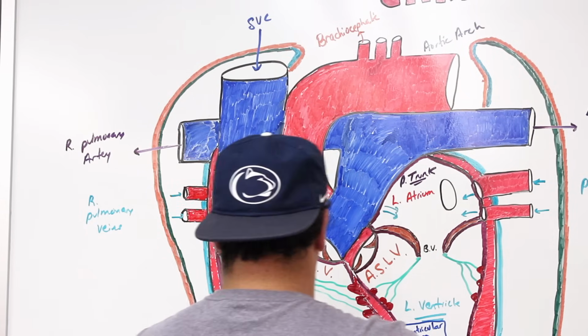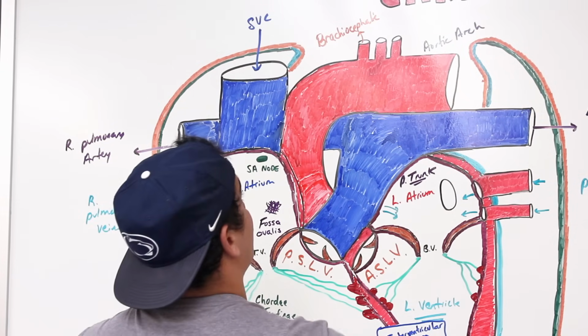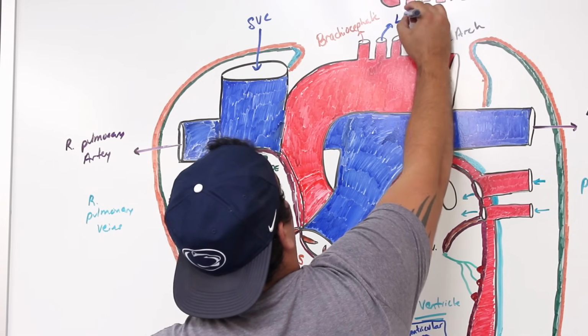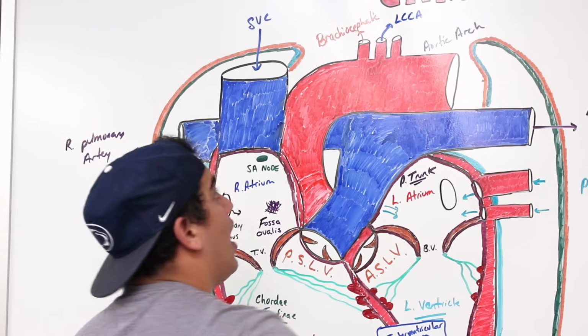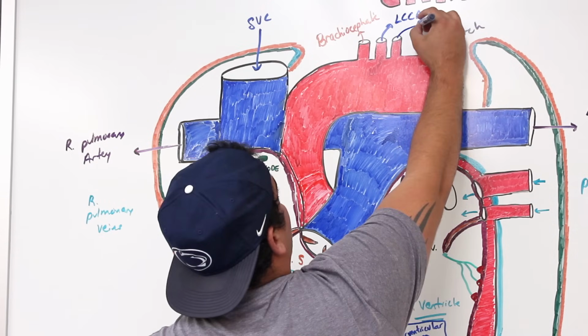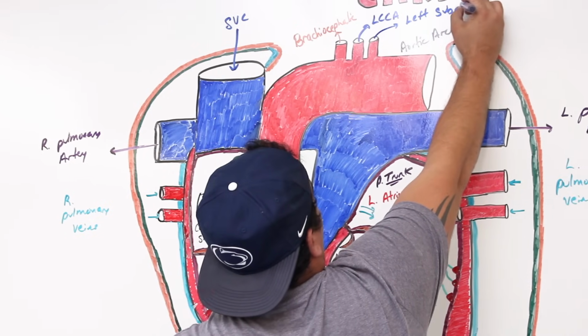The next one is another special one, and this is called the left common carotid artery. So we're going to denote that LCCA, left common carotid artery, okay? And the last one is what's called the left subclavian artery,